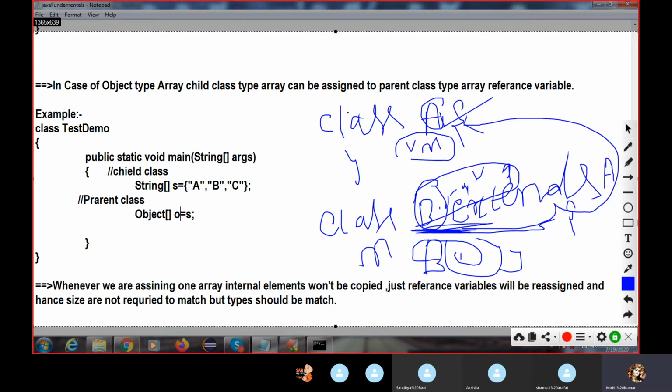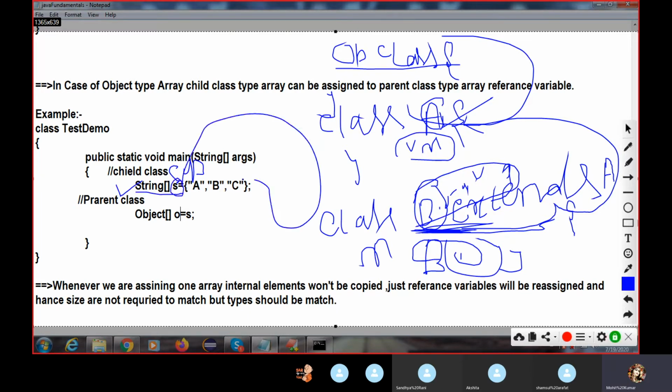But here one more class is there, called the Object class. This is already inherited by default. So one more class is there, and this is your supermost class. Here what I have mentioned: this is your child class, or you can say this is your subclass, and this reference you can store inside this superclass reference variable.